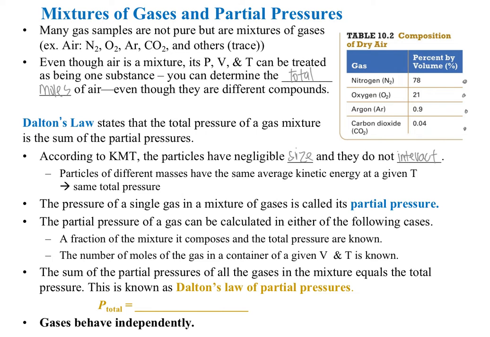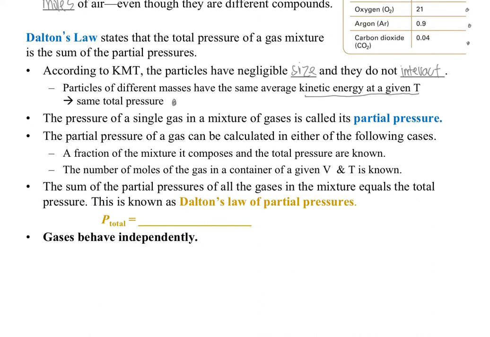Also, according to kinetic molecular theory, the average kinetic energy is related to the temperature. So even though particles might have different masses, they're going to have the same kinetic energy, so they're going to have the same total pressure. The partial pressure is the pressure of a single gas in the mixture. And when we add up the partial pressures of each of the components, then it should equal the total pressure